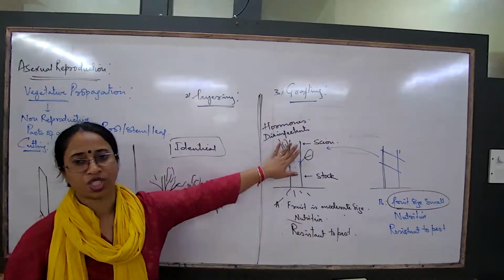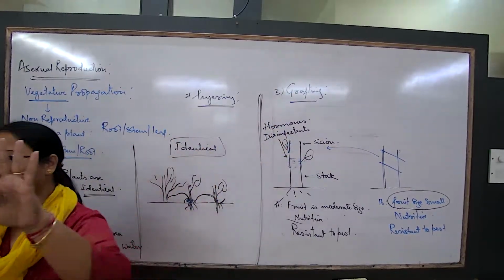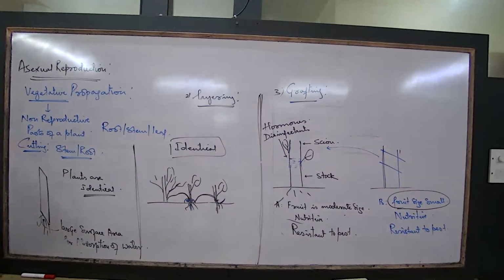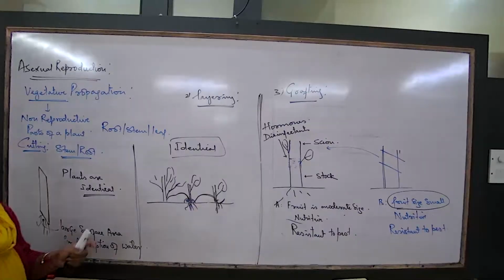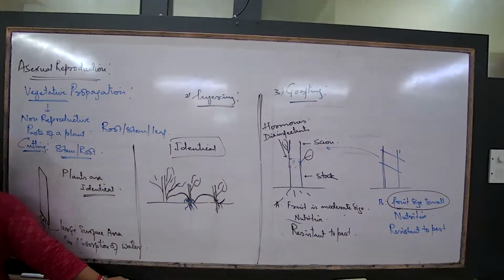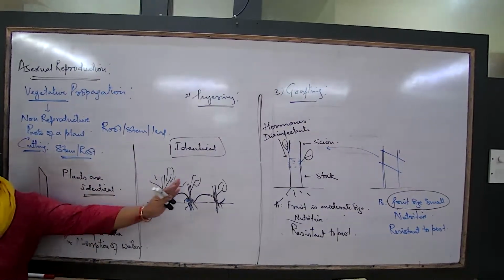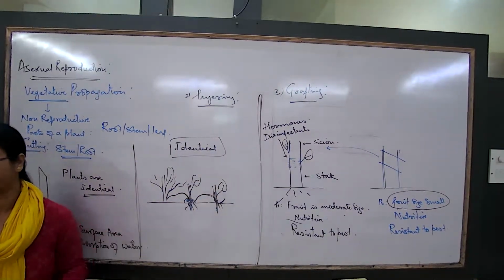So grafting and vegetative propagation. Now let us talk about some 3-4 major points that you are asked. What are the advantages of grafting? What are the advantages of vegetative propagation? Now, overall, if I ask you what are the advantages of vegetative propagation, why should a farmer go for vegetative propagation? Number one, to get a large number of plants in a short period of time. Number two,